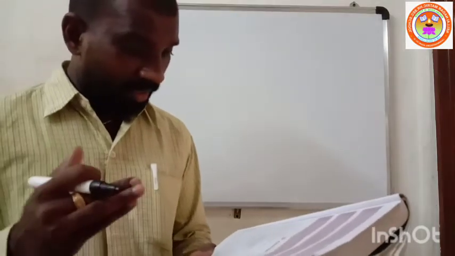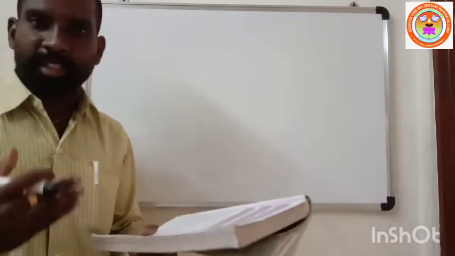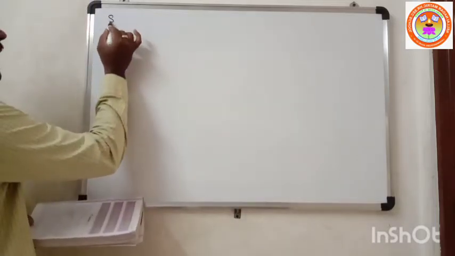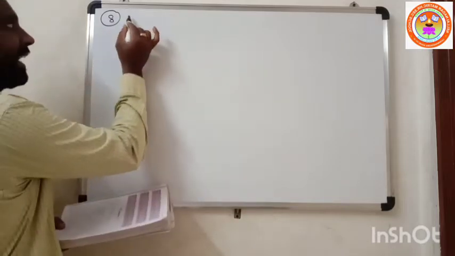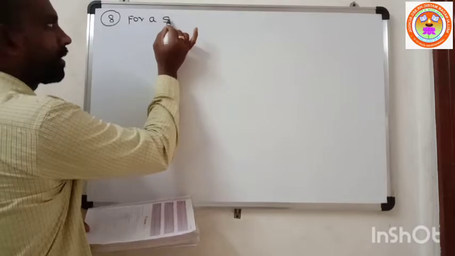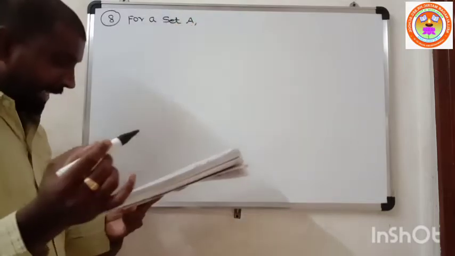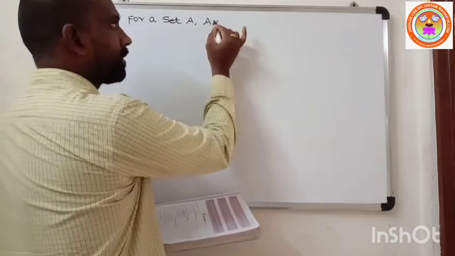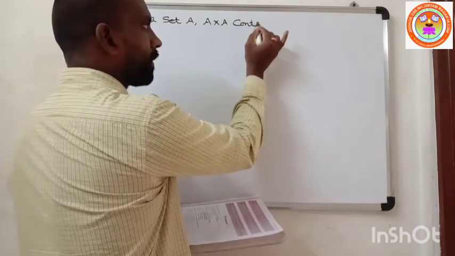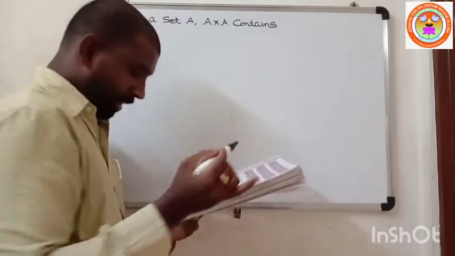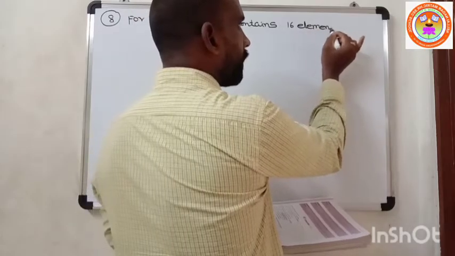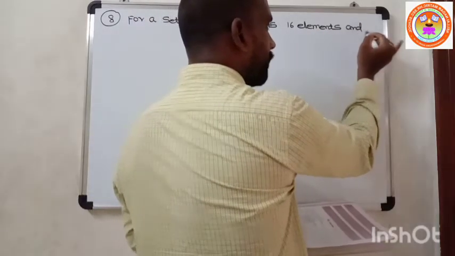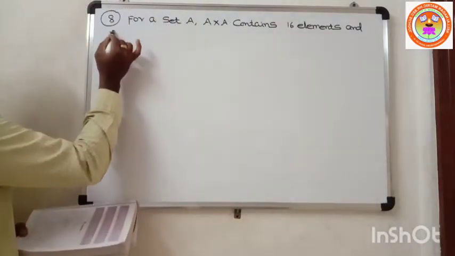Children, last class we completed exercise 1.1 up to the 7th sum. Now I'll start with the 8th sum. For a set A, A cross A contains sixteen elements and two of its elements are